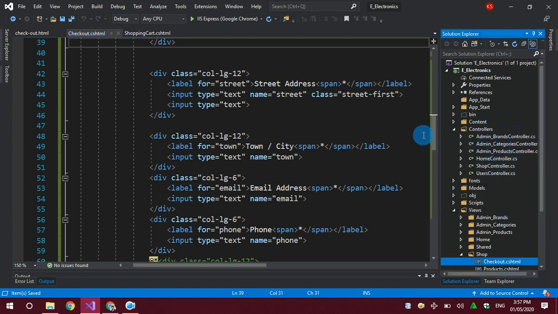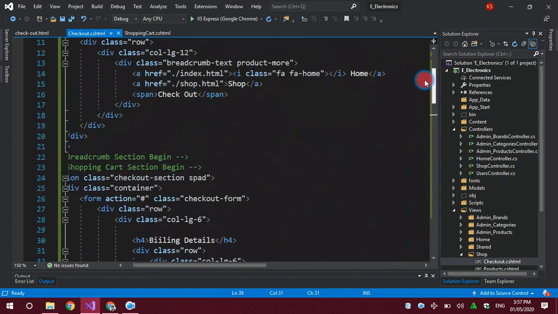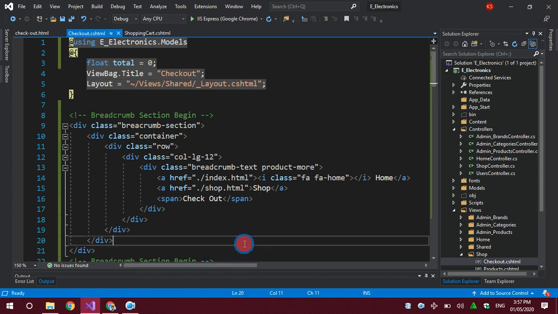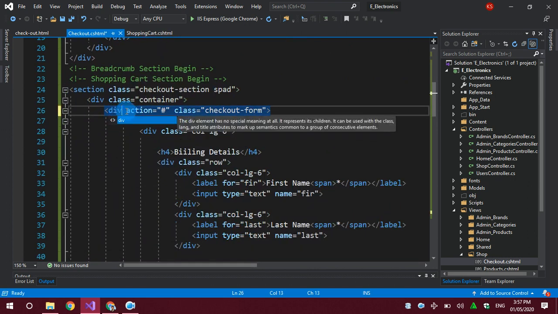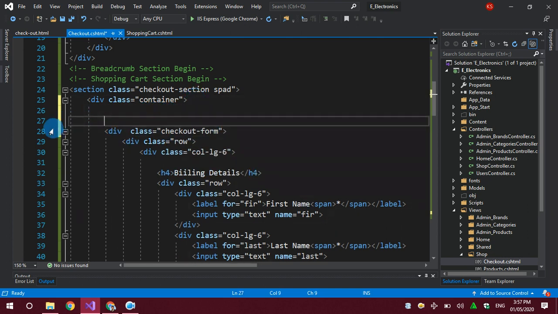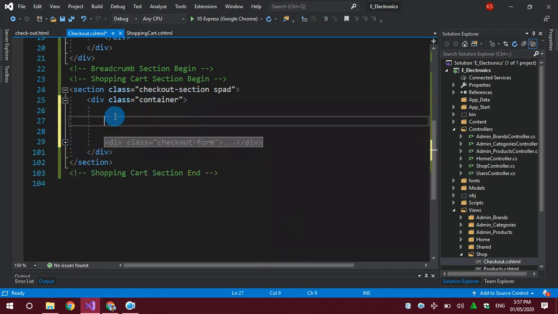This is the shop controller, but which controller will be responsible for receiving all this data? So I have to send this data to a specific controller. This is the form class. I will change it to a div class, same as we did in the create account section. I will use the ASP Razor form with the HTML helper.